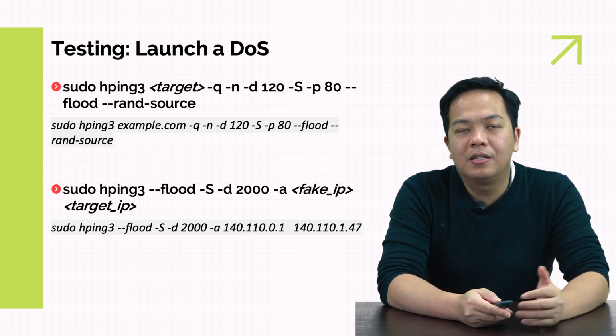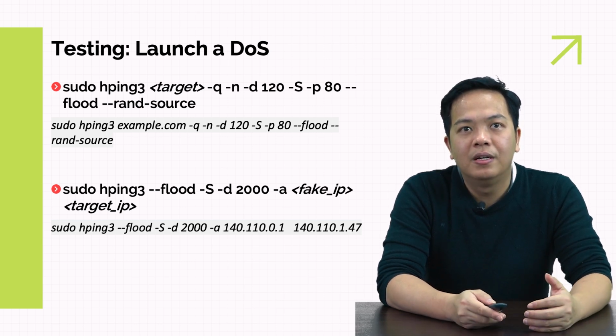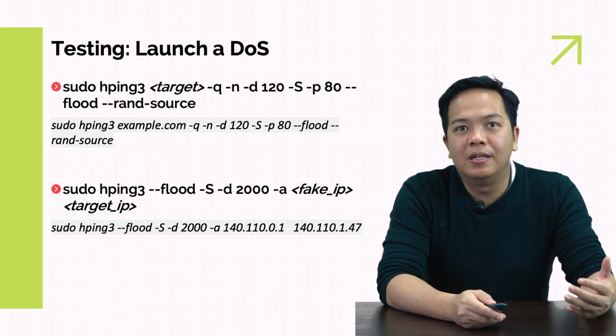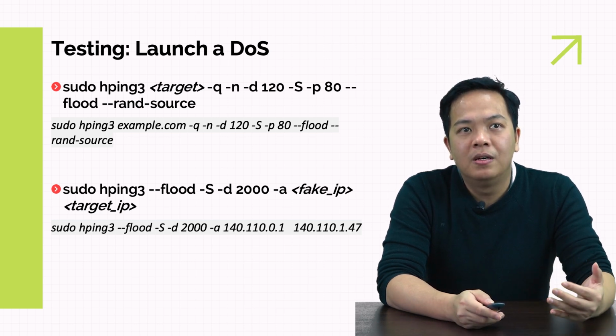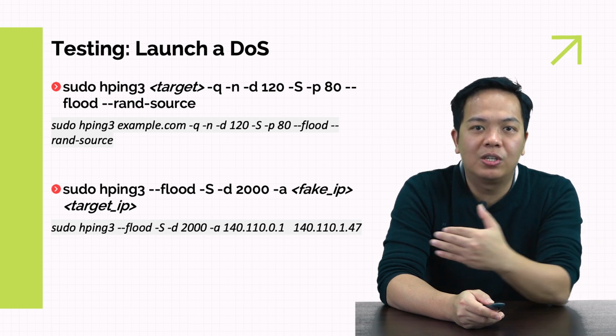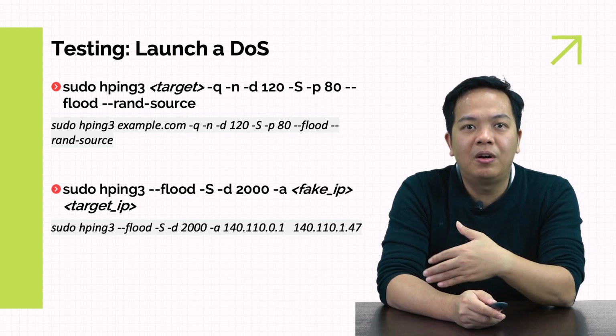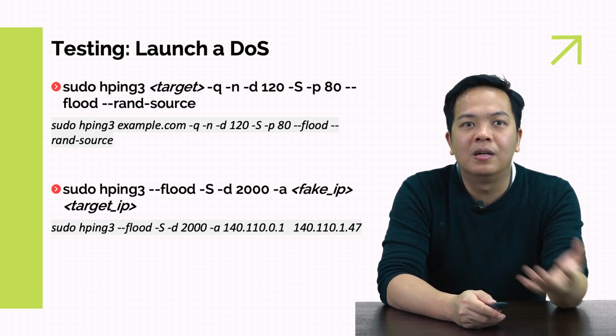And here you can test with several tools like hping3. You can launch a denial of service test. If you look at the screen, you can use sudo hping3 and target a website. Okay, just for testing, but I do not encourage you to do it on a real target, because someone will try to block your traffic.